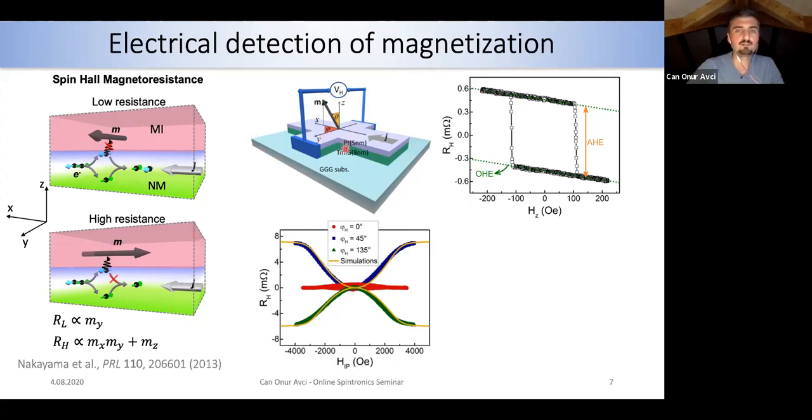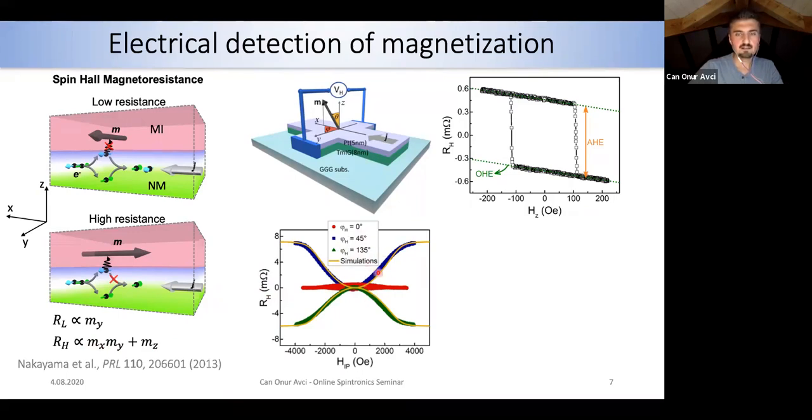Here I show you an example. You have thulium iron garnet and platinum on top, and I show you two different measurements. Now, thulium iron garnet has perpendicular anisotropy. Depending on which angle you apply the field, you get an enhancement of the signal that saturates above a certain field value. The saturation is due to the magnetization fully saturating in plane. If you look at these angles, 45 degrees corresponds to maximum MX MY, 135 is the minimum MX MY, and 0 degrees is basically no signal.